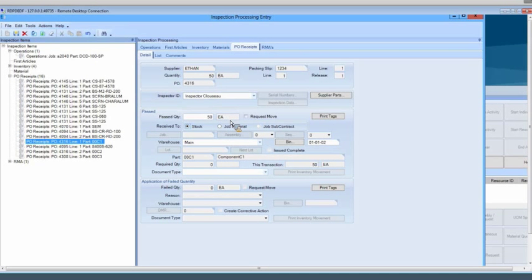But the system does support a full generic to specific process flow for inspection. It goes from the generic inspection where you choose how many pass, how many fail, and then to a DMR where you can disposition individual pieces if need be or as a group. And it also supports supplier return. We're going to go ahead and